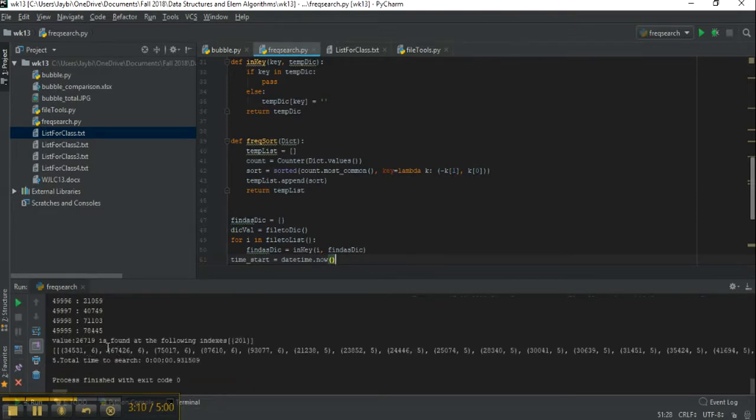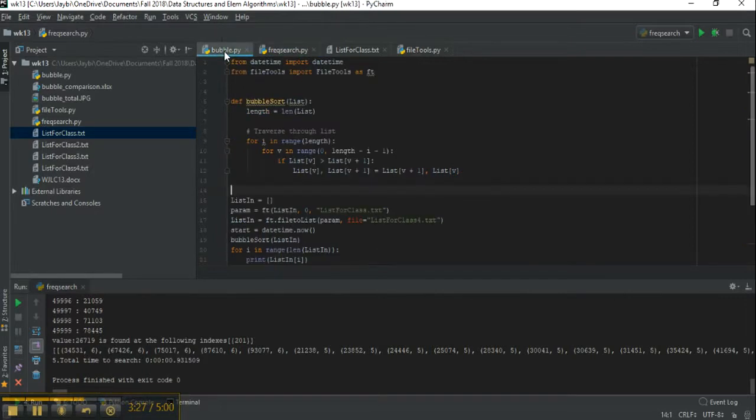It gives us something that's a little more organized, but it's not sorting in perfect numerical order. It's basically saying, okay, we have our data set and this value occurs 6 times, this one occurs 6 times, and we're going to sort it based on that. Whereas the bubble sort